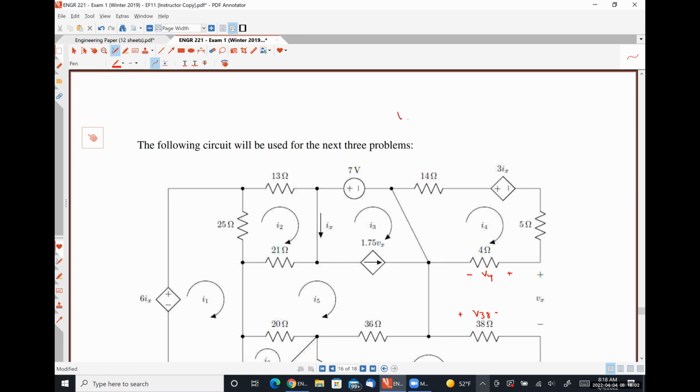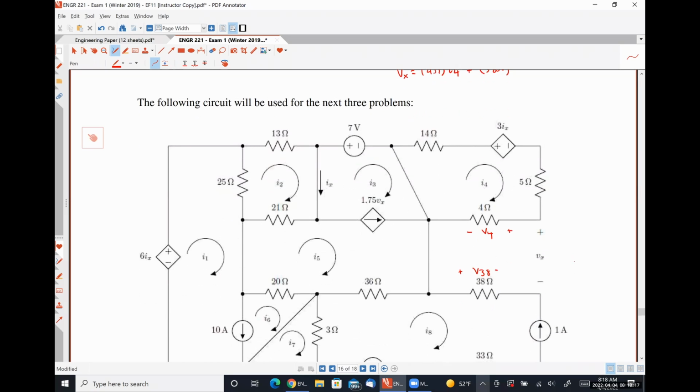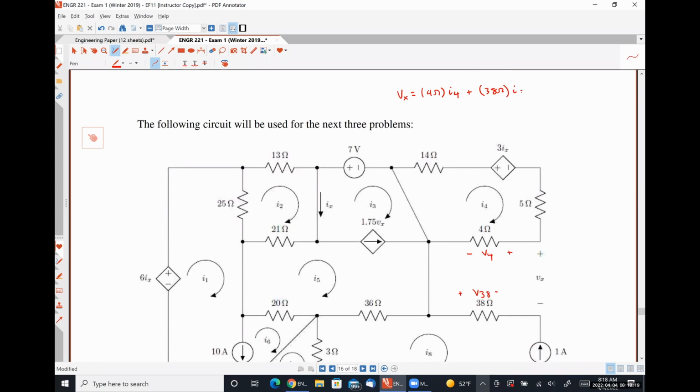So that would tell me that Vx is going to be 4 ohms, mesh current labeled I4, plus 38 ohms times the mesh current labeled